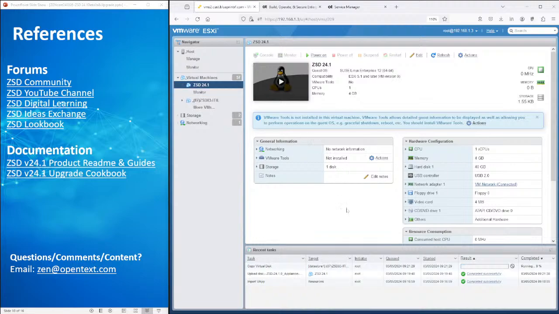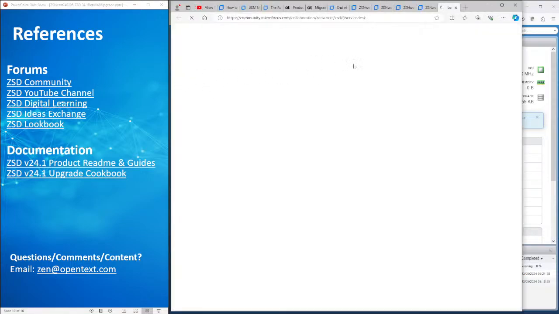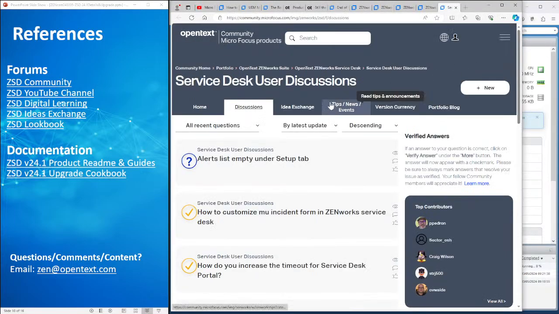All right, while we're here and we're waiting, because this may take a minute or two, we're going to go ahead into the forums, as long as you're aware of the forums that we have out there for your use. This is a service desk forum, but we actually have all of the ZenWorks suite forums